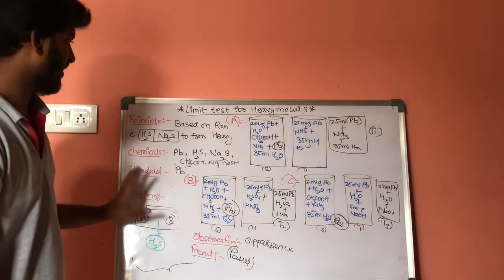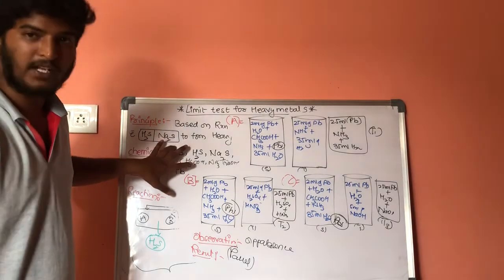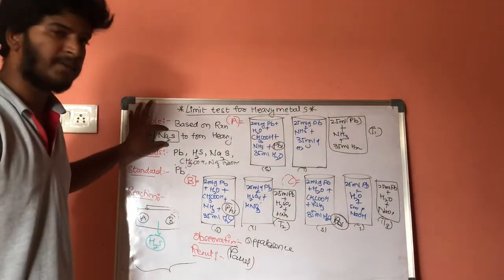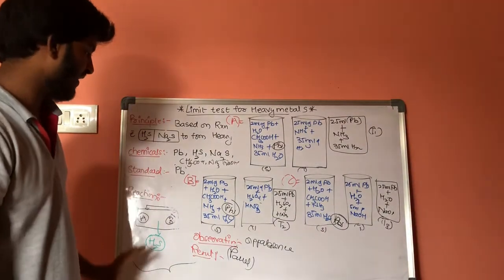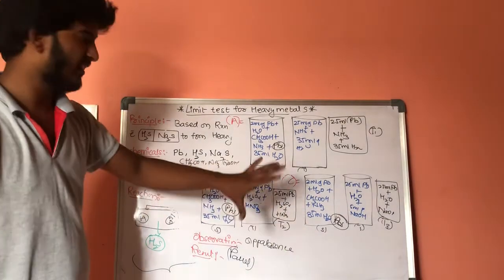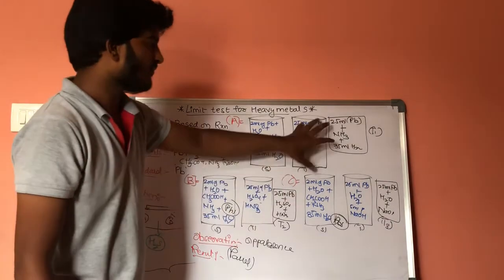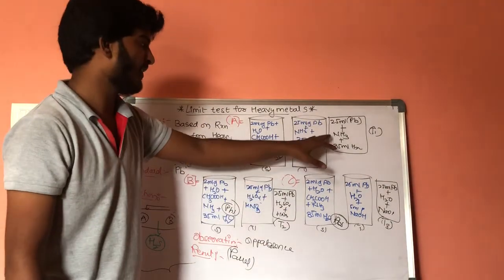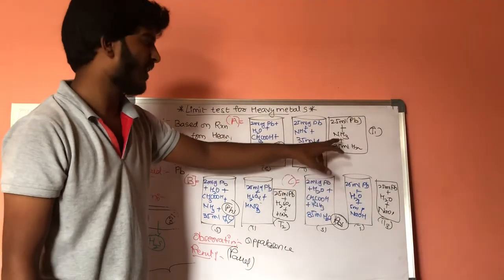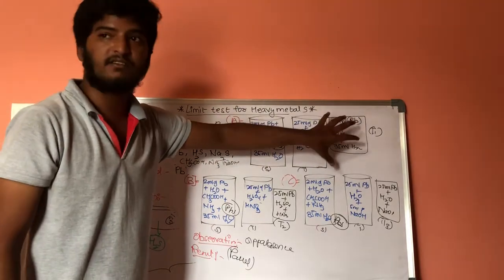In the reaction, we have written here the reaction, and there are hydrogen sulfide and sodium sulfide, whereas hydrogen sulfide is used in methods A and B, whereas sodium sulfide is used in methods C and D. These are method A, method B, and method C. In methods A, B, C, the standard solutions will be the same, but the test solutions will be different. In method A, 25 ml of lead solution will be taken and ammonia will be added. After adding ammonia, 35 ml of water will be added to it. That is the test 1 solution.